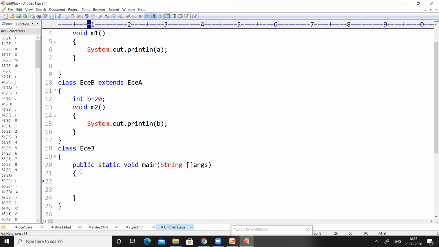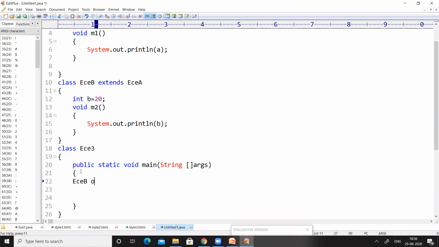So within the main method, let us create one object or a couple of objects in order to access the things in ECEA and ECEB. Here I am going to create one object for ECEB.